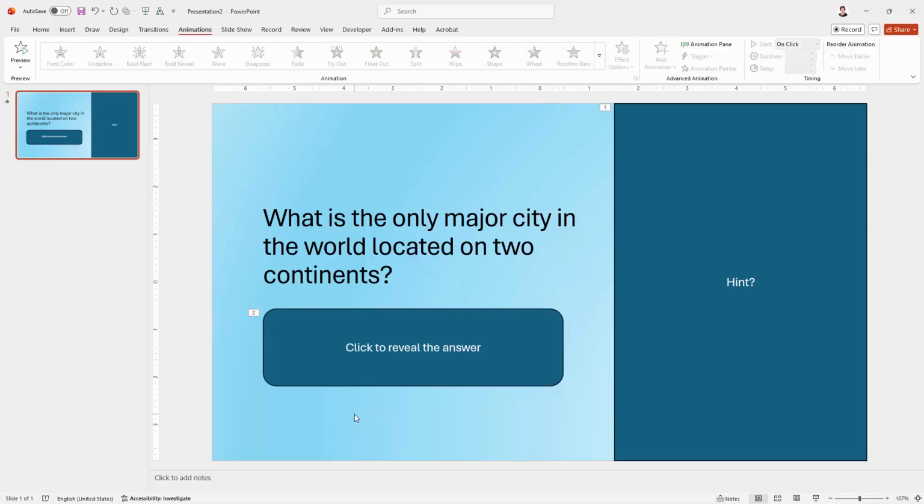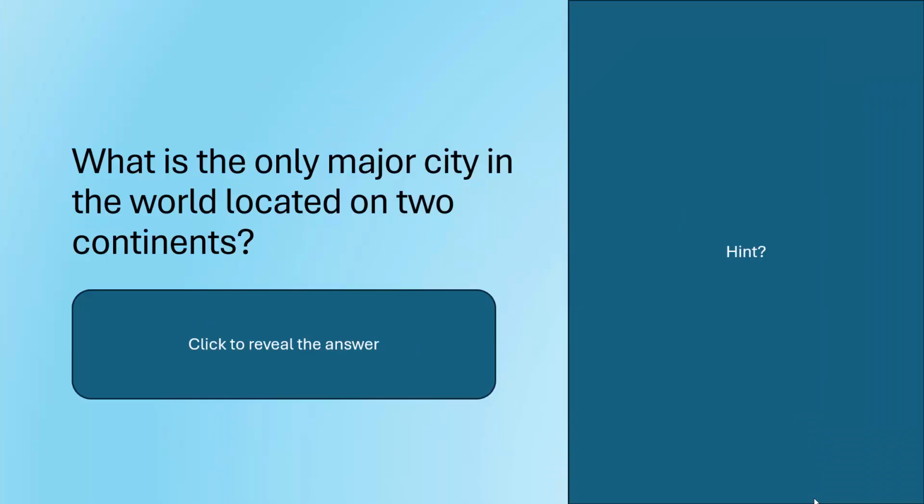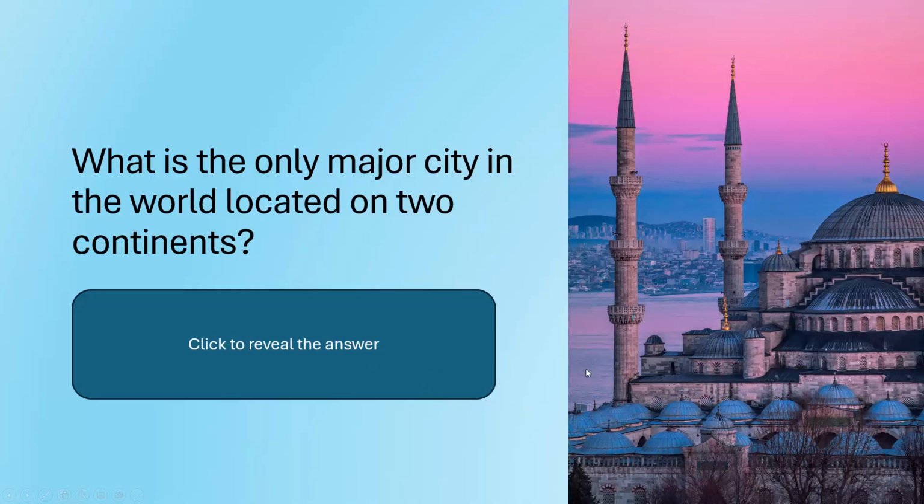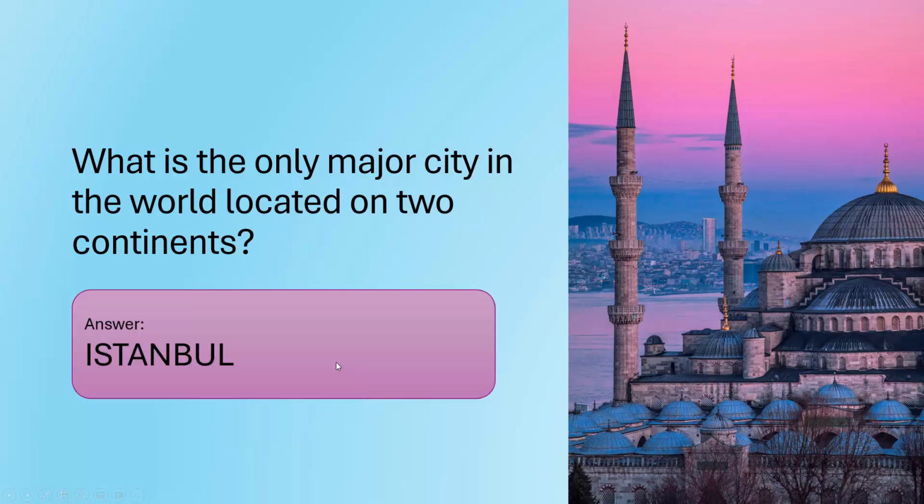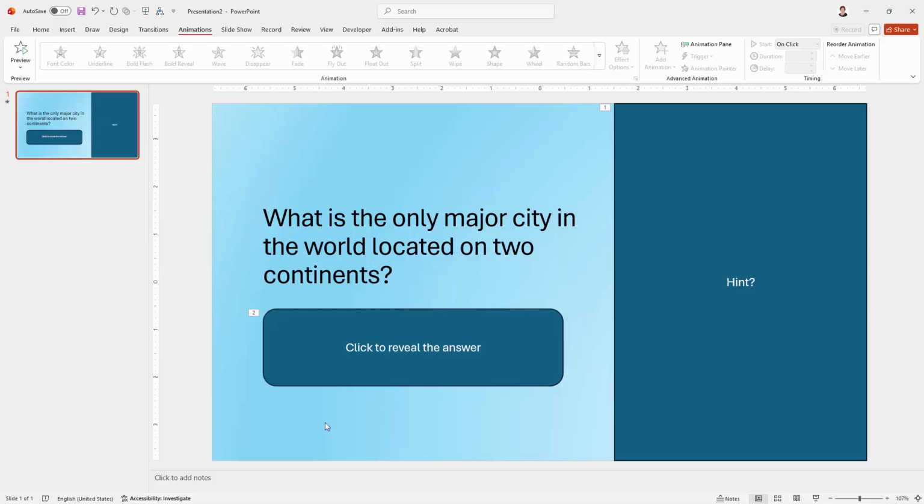Now, rather than just assuming this is going to work, let's just go and test it. I click here on the slide. So this is what our slide would look like in the presentation. Let's click for the hint. That looks fine. Click to reveal the answer. That looks fine too. But let's try it again because I have a suspicion that it really isn't functioning quite